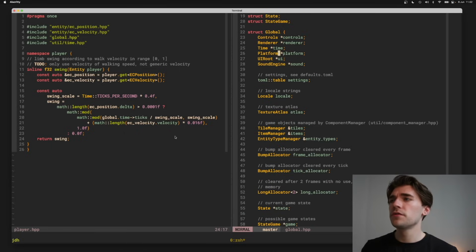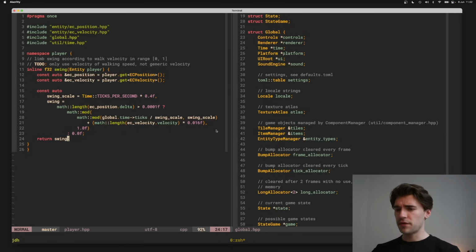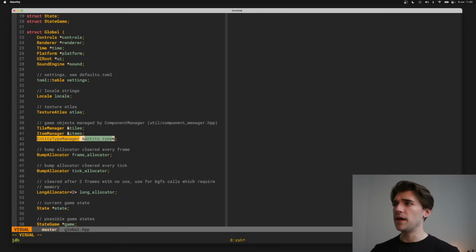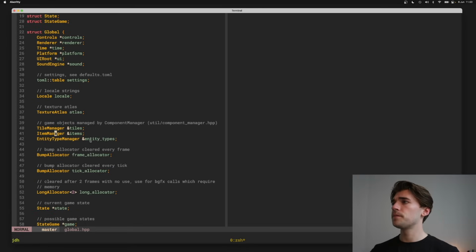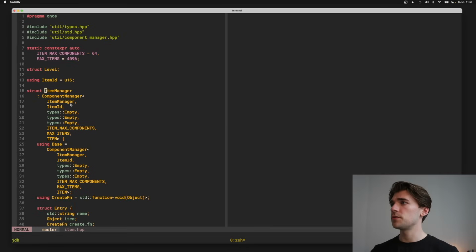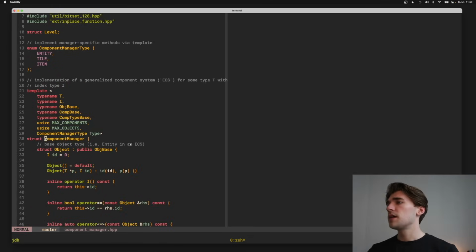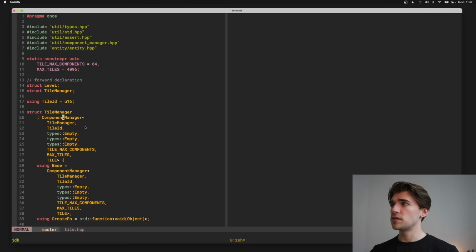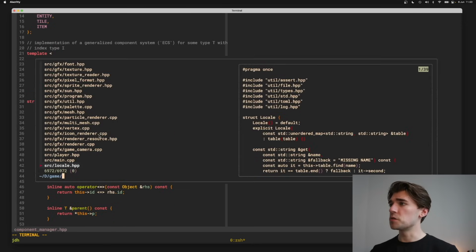Yeah. So going from there are basically three primary elements in the game engine, and those are, as you can see in the global state here, tiles, which are the blocks that make up the map and everything. Items, which are things that can be moved around in the inventory, and then entities. These item manager and tile manager are actually instances. Please ignore this template garbage. I promise I'll refactor it at some point. These item managers and tile managers that you can see on the global game state are both instances of component manager, and that as well is